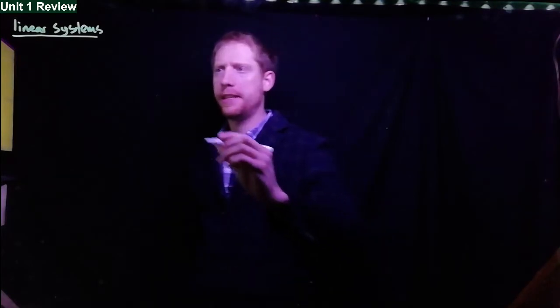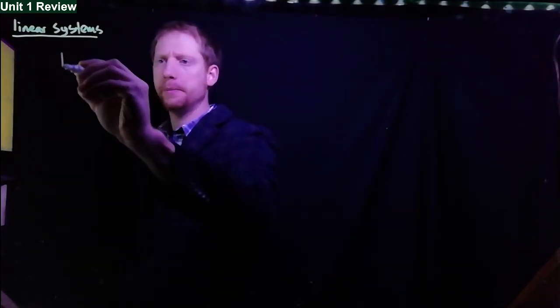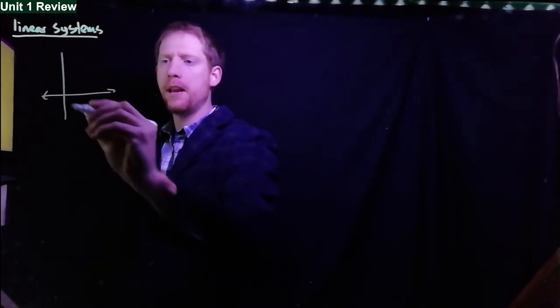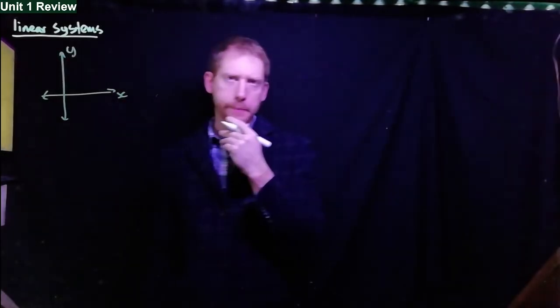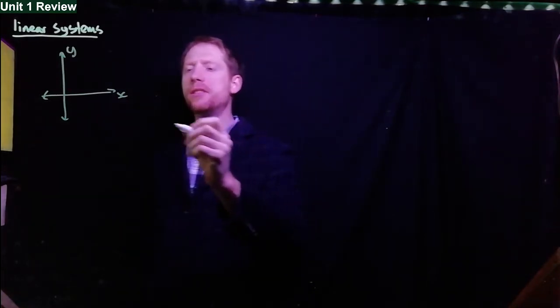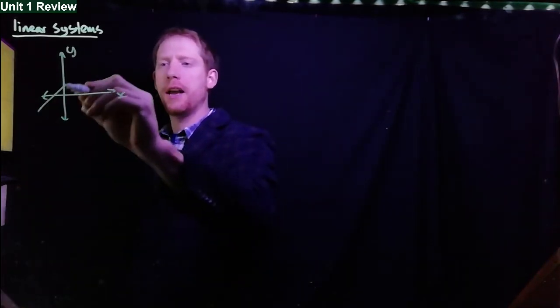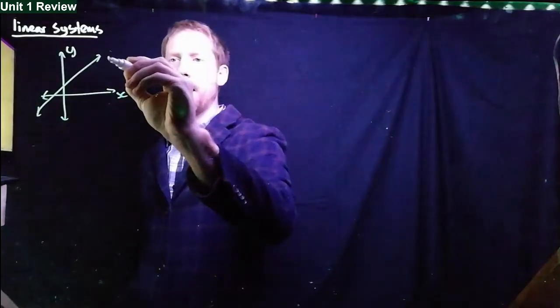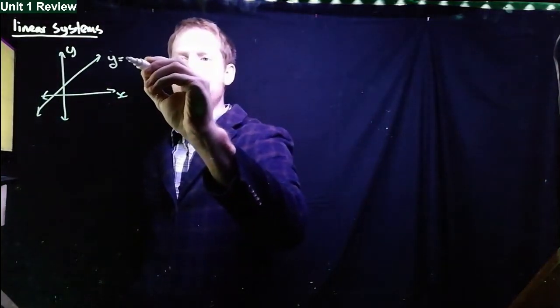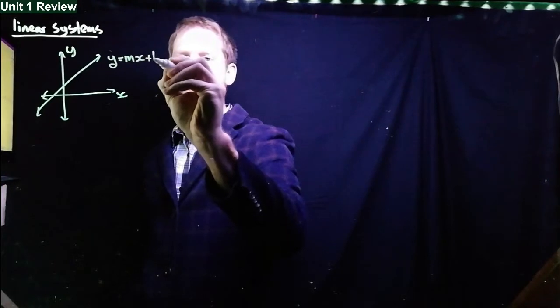So linear systems, this is what our test is going to be about. When you're making graphs, remember to label your axis X and Y. And a linear system is just a straight line. You need to be able to graph these, and the general equation is y is equal to mx plus b,